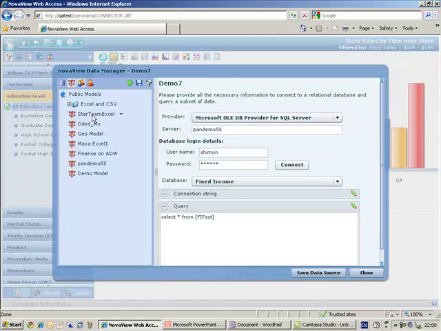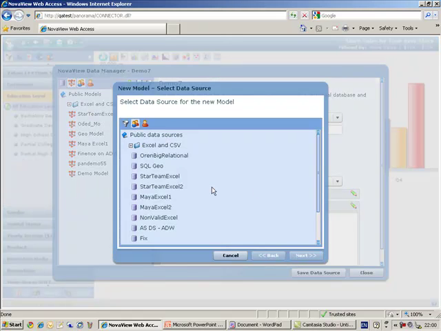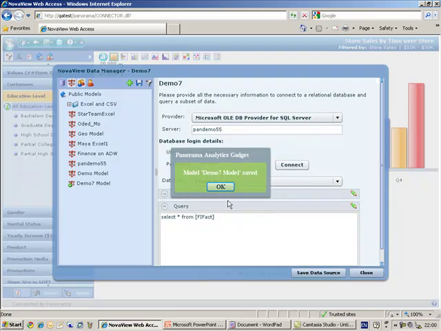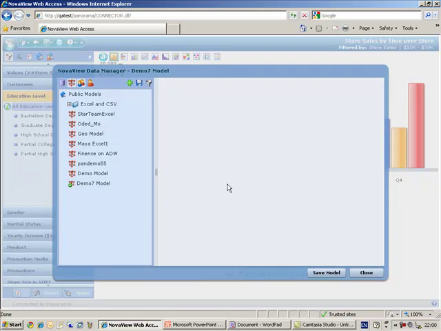So there is a whole layer of management and security. And now I'm about to create a new model on top of the just defined demo7 data source. I give it a name. It would be demo7 model, and as I save it,